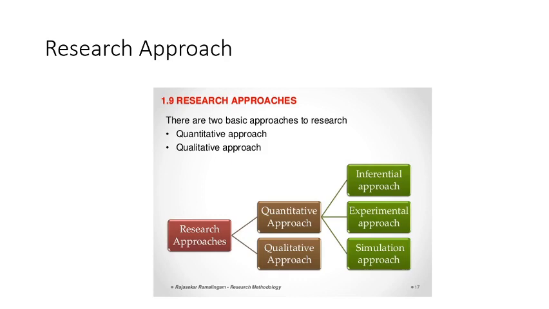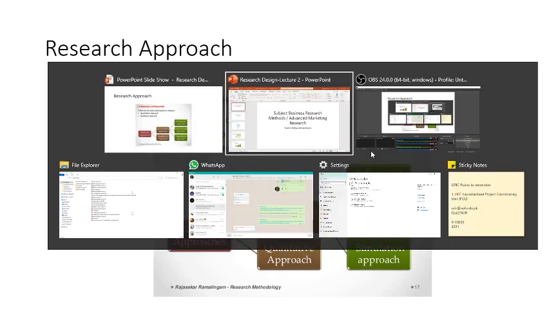How will you conduct the research, what will be your approach? There are two approaches, qualitative and quantitative. Apart from that, the two approaches are also related with the logic purpose. With respect to the logic, I have not opened the